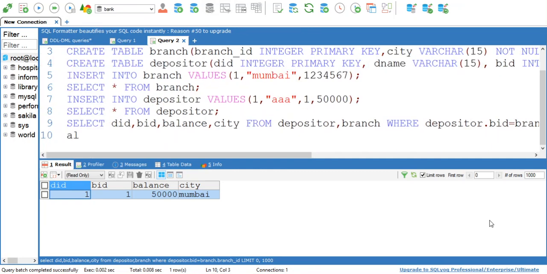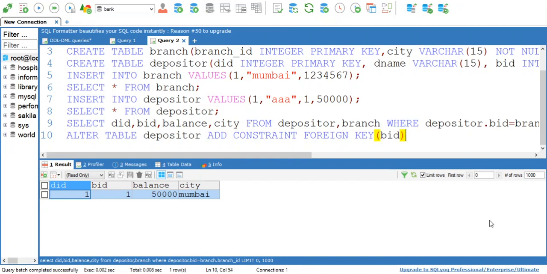Then we have seen how to apply a foreign key at the time of table creation. If you want to apply a foreign key after table creation, then you can simply write alter table depositor, add constraint foreign key, and in brackets write down attribute BID.